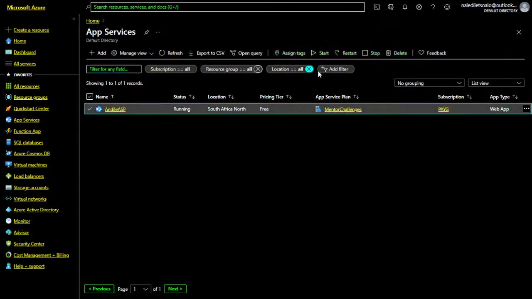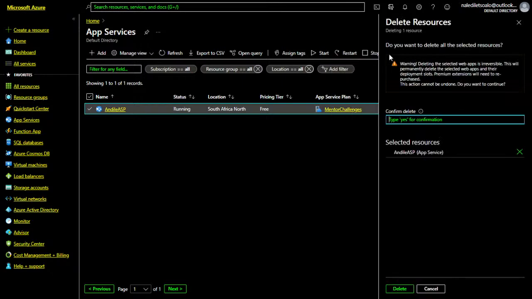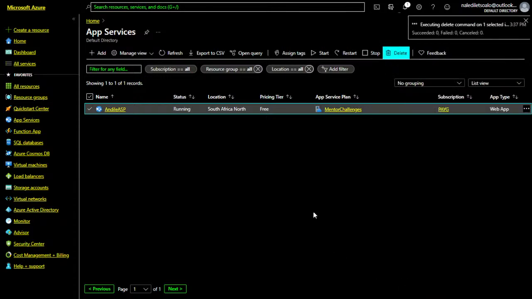But if I also want to delete this one as well, I can do it just from app services. Be like, okay, bye bye. And in this instance, do you want to delete all the selected resources? Yes. And it is then going to go off and get rid of that resource. And Bob's your uncle, it is gone. It is finished. It's bye bye.